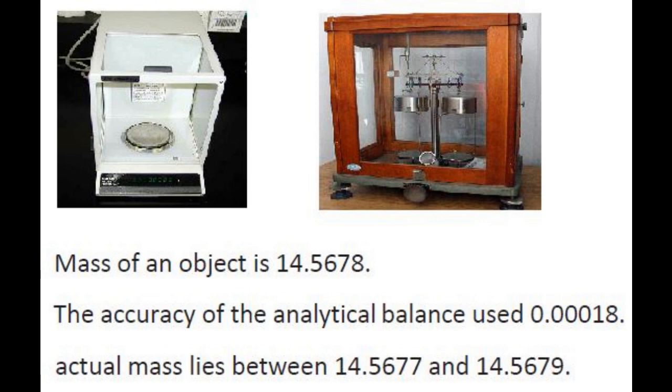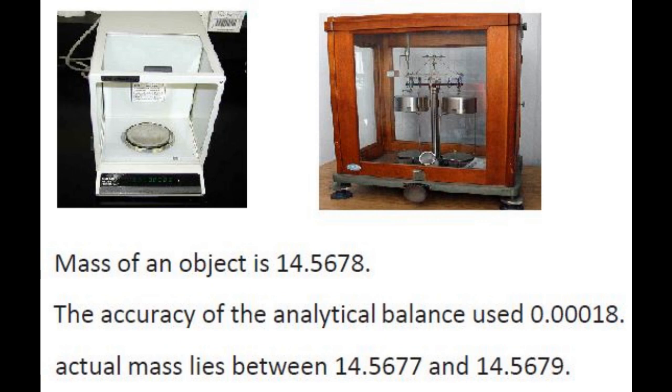We can measure the mass by using an analytical balance. But the accuracy of the analytical balance we used is 0.00018. Therefore, the actual mass lies between 14.5677 and